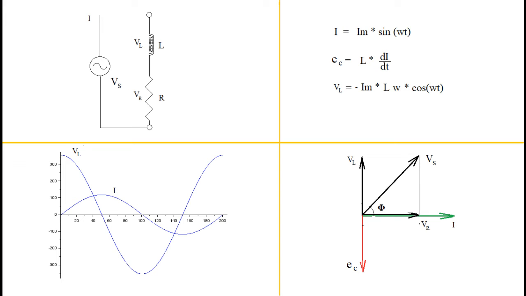If we bring the negative sign to the left side, then the remaining expression is for the induced EMF. We get the applied voltage across the pure inductor after deducting the resistance drop from the supply voltage. But the current carried by the inductor is responsible for the induced EMF EC. The mathematical expression for the current and induced EMF relates with each other through the equation EC is equal to L into di by dt.